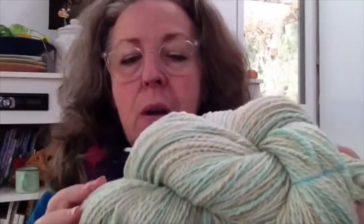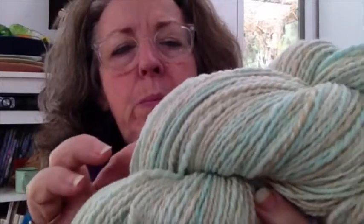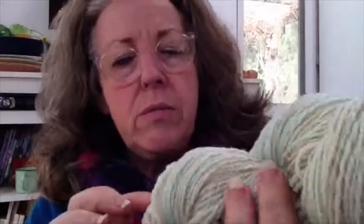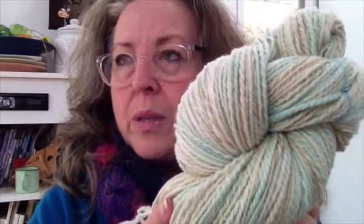Yeah, it's kind of like a heavy DK, and the colour, being colourway Theo, has some aqua. If you can see that in there, some aqua to some pale caramelly, and the white. So there's a bit of underspun there. It'll be fine. Just like that. And I'm aiming for that colourway to be the main body of the cardie. And then I'll combine it with